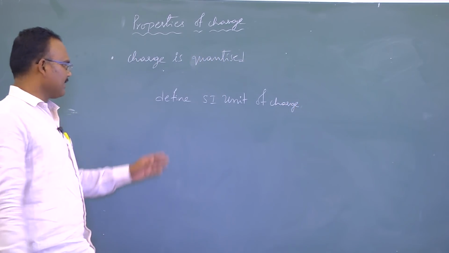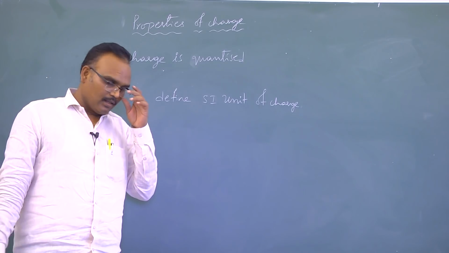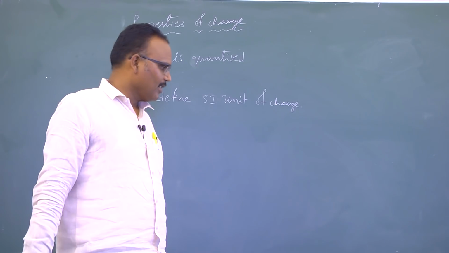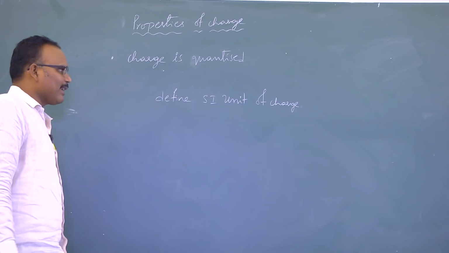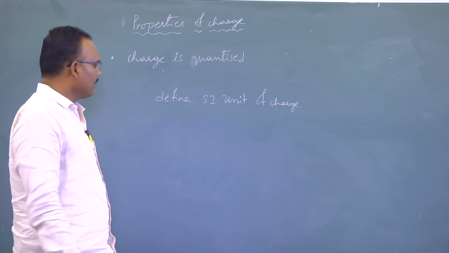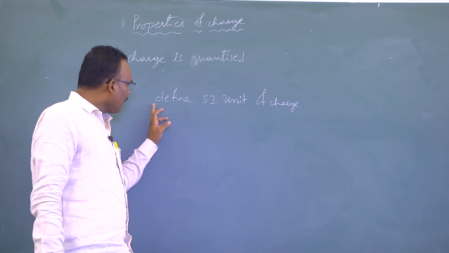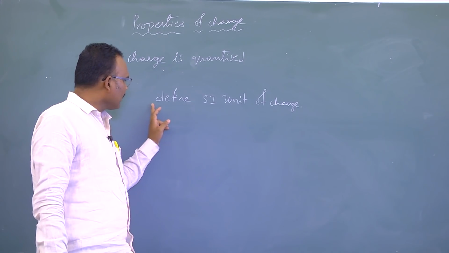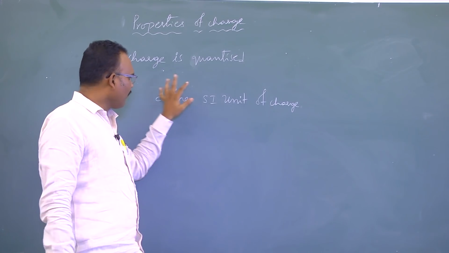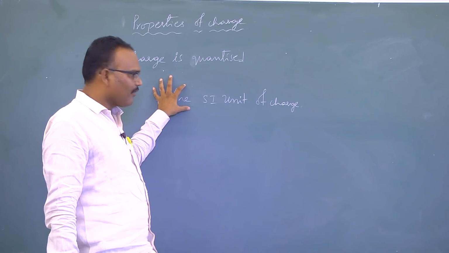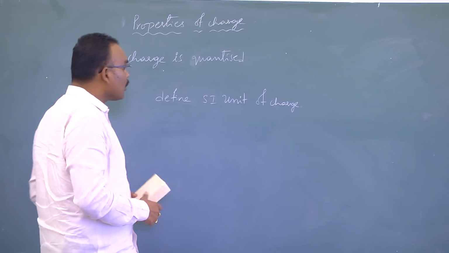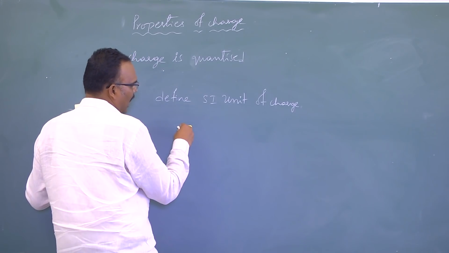They've asked a question like this: define SI unit of charge. This was the very first question in the board examination paper. Maybe because of over excitement, or for various reasons, students forgot to notice the word "define" in "define SI unit of charge." They felt the question was asking what the SI unit of charge is, and the majority of them wrote the answer: Coulomb.